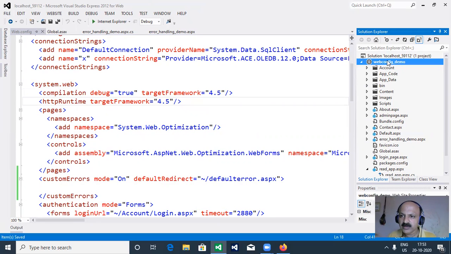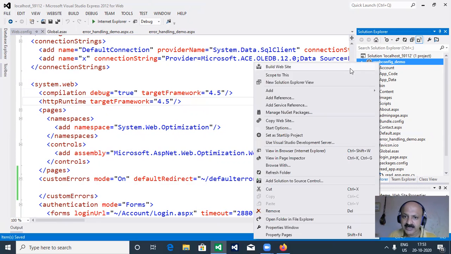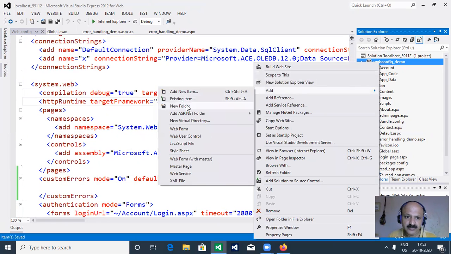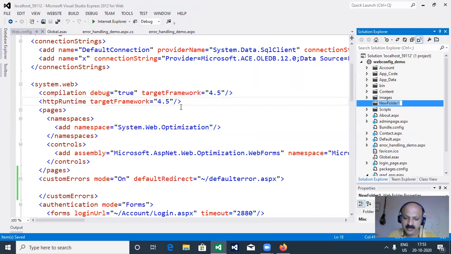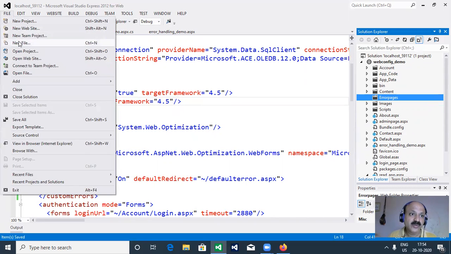So where is the control? Yes, now it appears. We can right click, add option, and then New Folder is there. We can create a new folder and give it the name error pages. Okay, so in that folder we can take some error pages: select that folder and take new page,